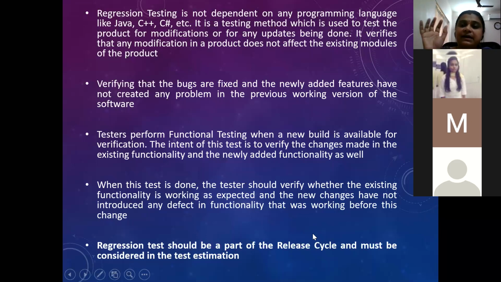Now, another common mistake that people make in real-time industry projects is that they do not consider this regression test at all when they estimate the testing effort. Again, a small thing here. Remember, every project should be estimated. Otherwise, how will they run? How will they make money? Estimation is important. Those are all project management aspects. We'll not get into the details of it, but just for the sake of understanding, there should be some time, effort, and money allocated for the different phases of your project.